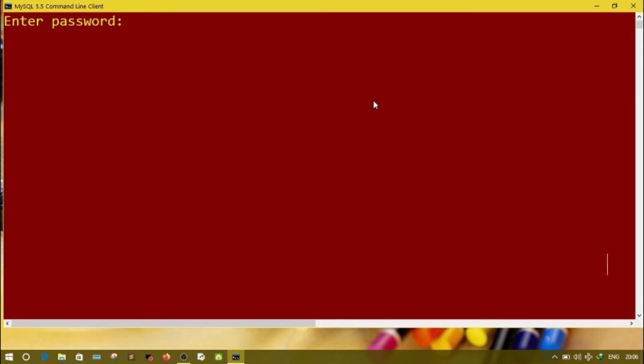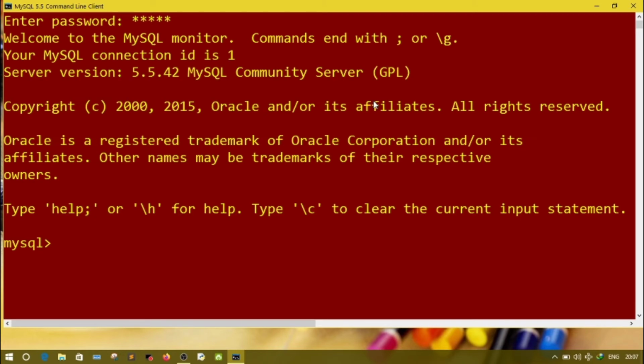For that, first we have to open the MySQL command line on our computer, as I have already opened. So I have to type the password now. My password is 12345. After entering your password, type your database name, which one you want to use. If you don't remember your database name, then you can write show databases.